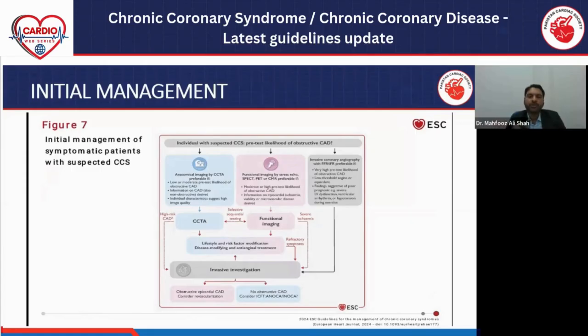Based on pretest probability, we suggest a specific non-invasive investigation to the patient, that is, the anatomical investigation or the functional investigation. Patients categorized as low to intermediate pretest probability, we advise the preferred test according to the recent ESC guideline, that is the CCTA. And patients categorized as moderate to high risk, higher pretest probability, we advise a functional